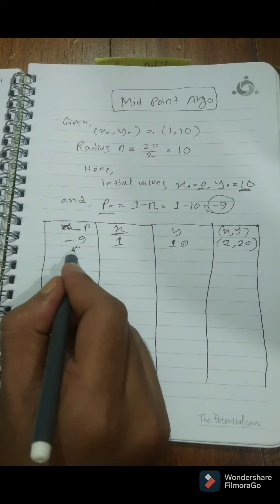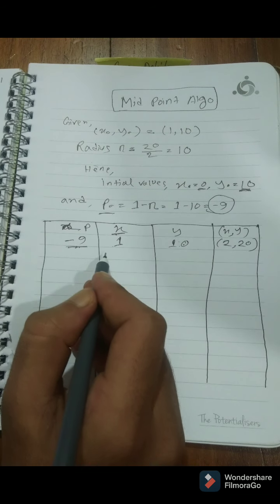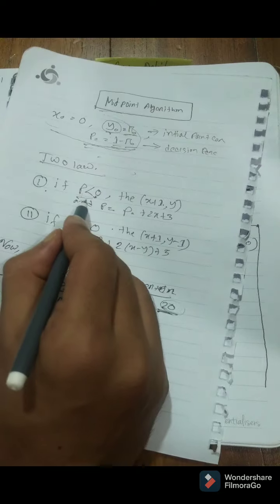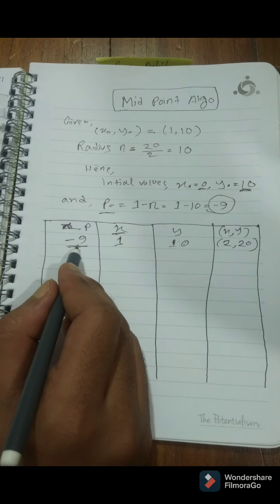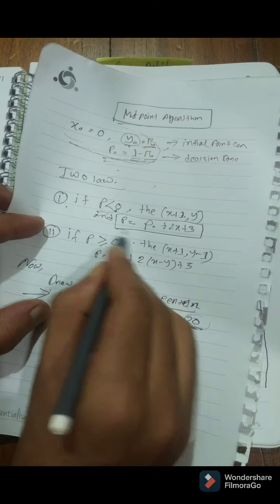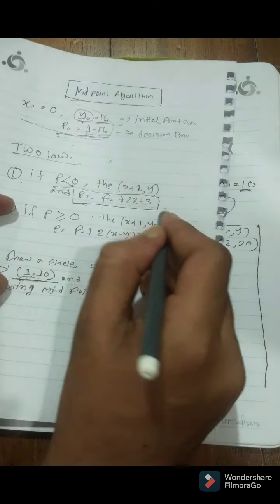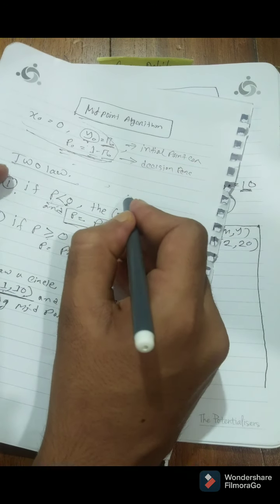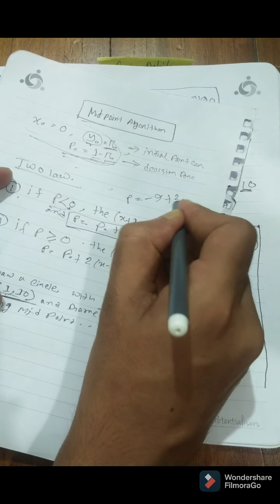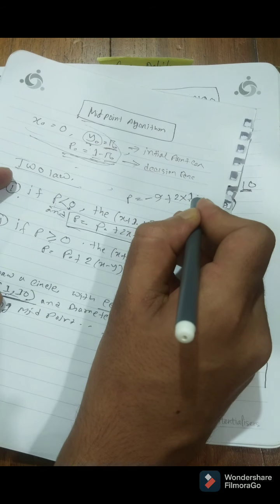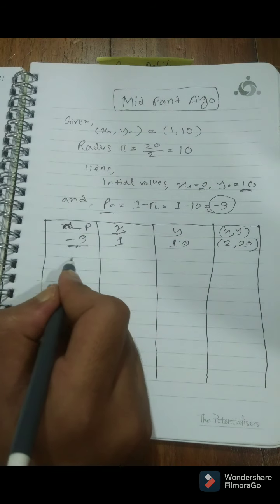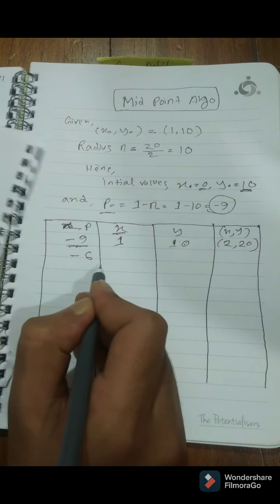Okay, next minus 9, that means it is a value of first law. So we should put minus 9 as in this equation. So here we can write p equal to p naught, means minus 9 plus 2 into x, means 1, plus 3. So here it will be minus 6. So we can put there minus 6, and